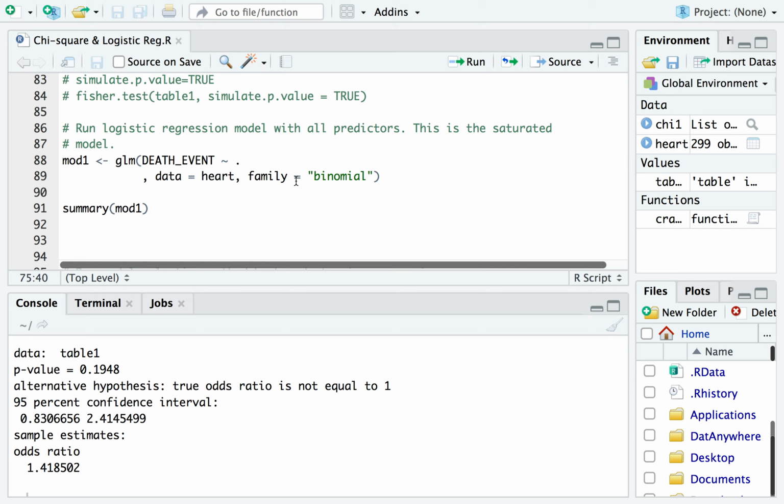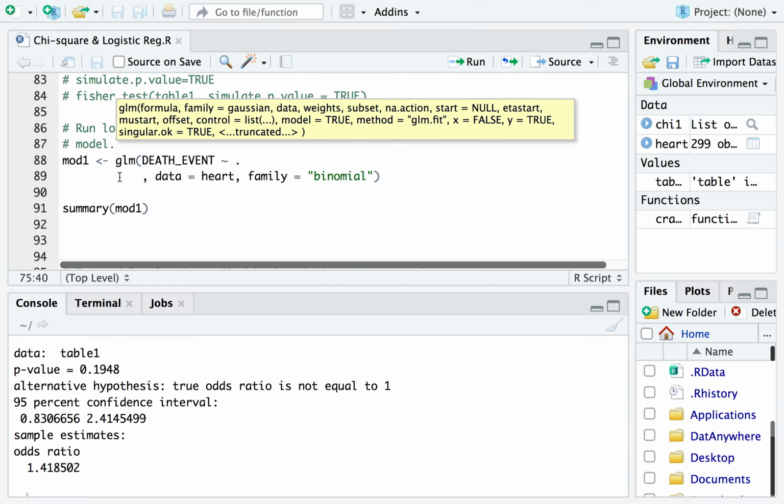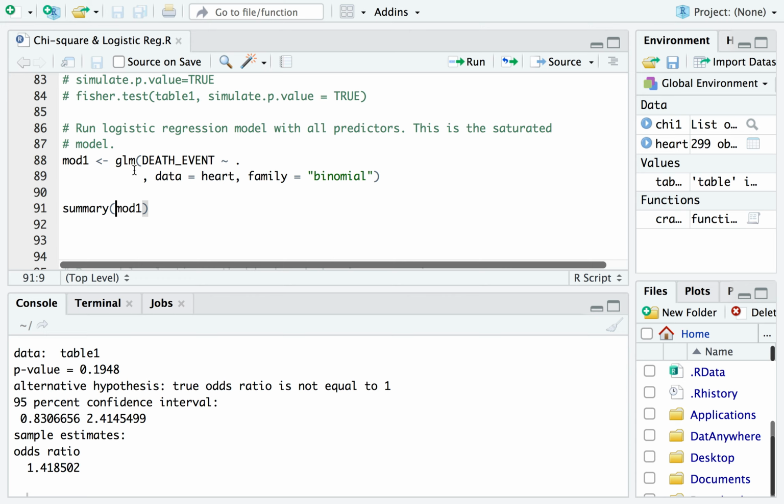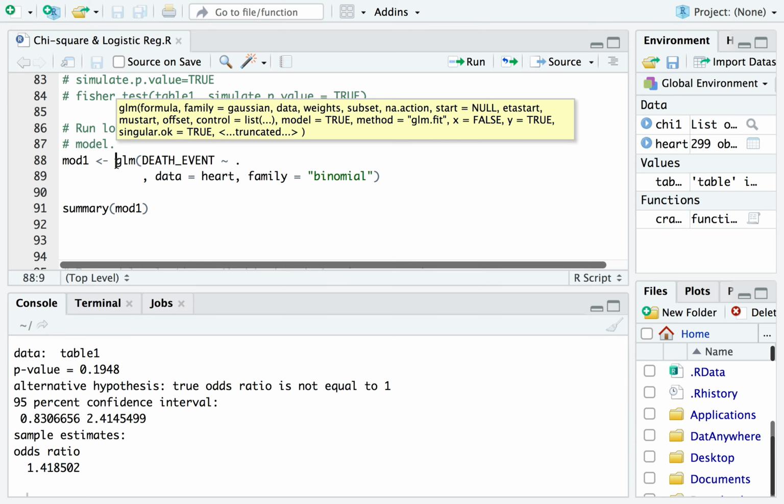All right, so let's jump into the actual logistic regression. Logistic regression is when the criterion variable, in this case death, is binary, and the predictor variables can be continuous or categorical. To run this logistic regression model, which is a very popular machine learning algorithm that's often used, and also a very popular data set,